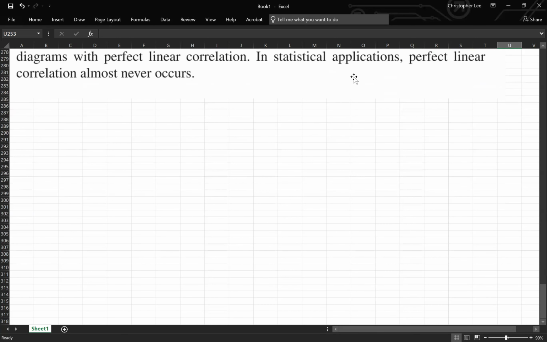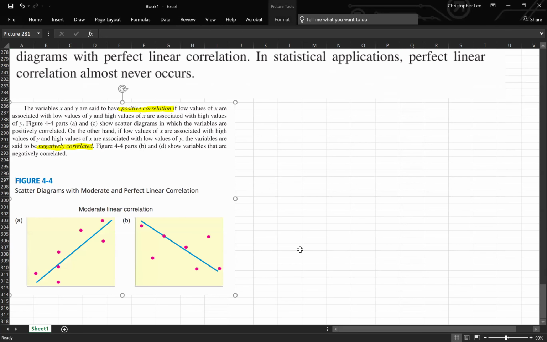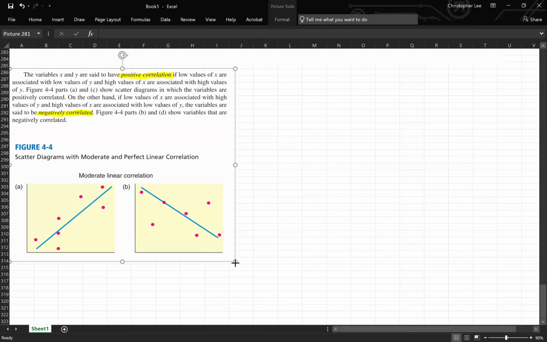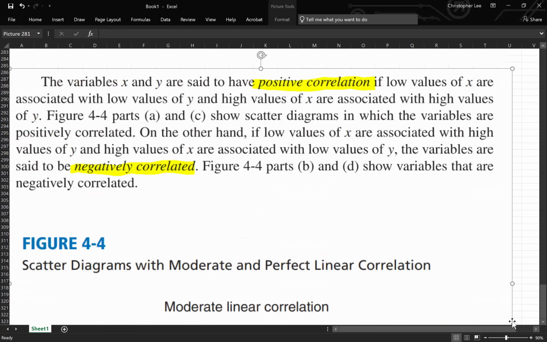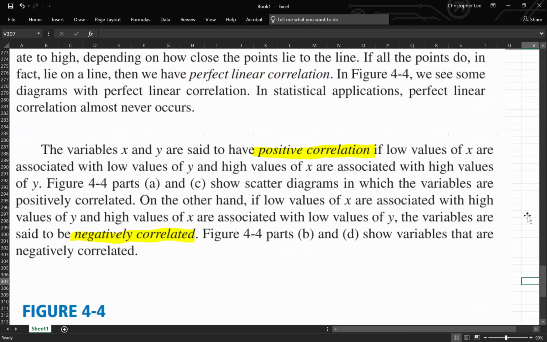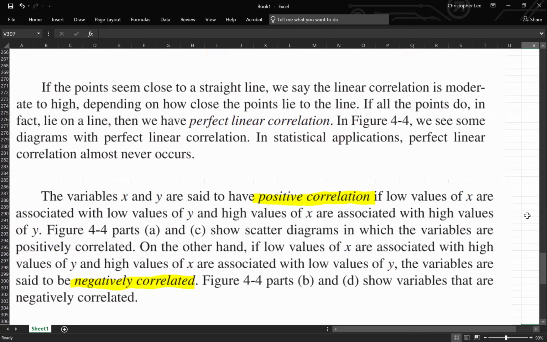Yeah, we're gonna do it in here. So if the dots almost make a straight line, that means that if they fit on a straight line, if you're closer to that, then you're gonna have a moderate to high